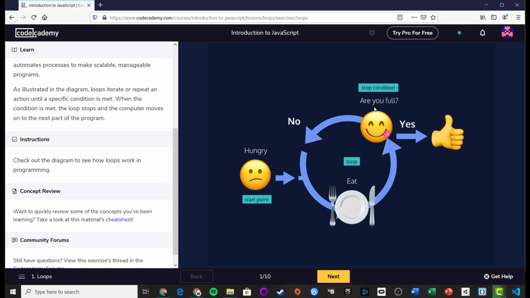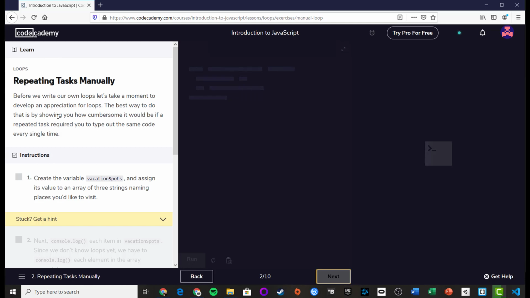So we enter the program. It asks the stop condition: are you full? No. Are we hungry? We're hungry, yes. We eat. It asks us again, are we full? No. Keep going round and round until we're full. It goes yes, and then goes off onto the next section of code. So let's look at how we can actually get that running